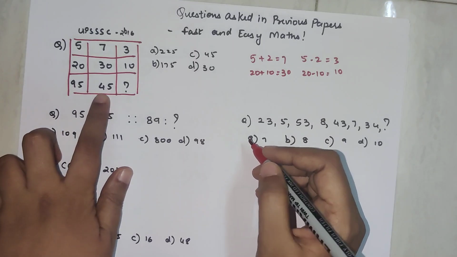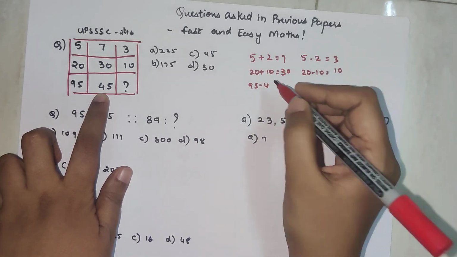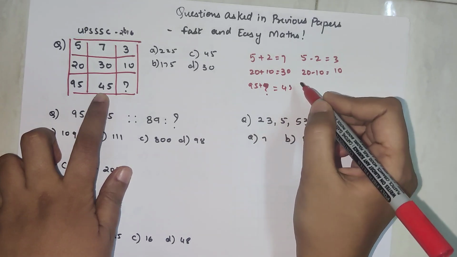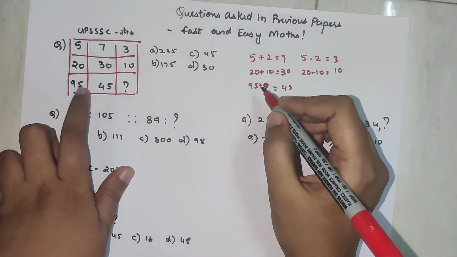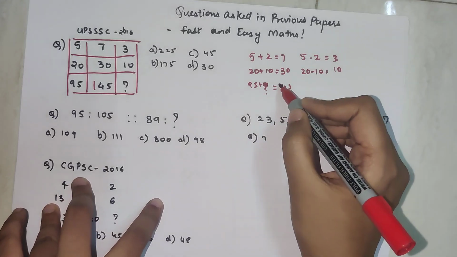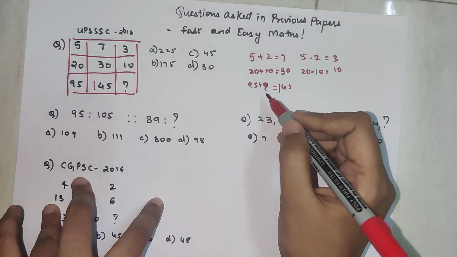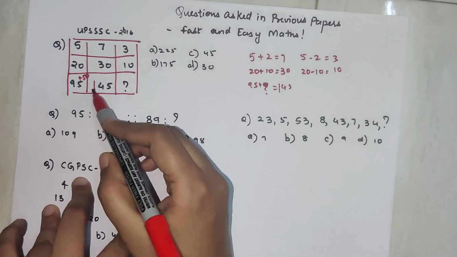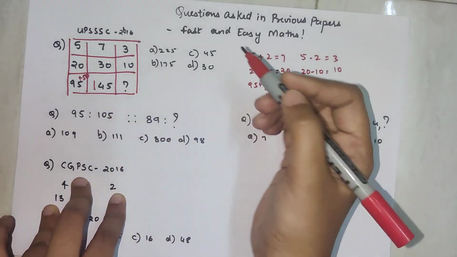So 95 minus 45. What should be the... 95 plus question mark, what you get is... plus 10 gets you this much. So 95, this is 145. So what should get you 145? You should add how much? If you add 50 to 95, then you get 145. So if I add 50, then I get 145. Then what should I do for this one? I should subtract. So 95 minus 50, what should be my answer?